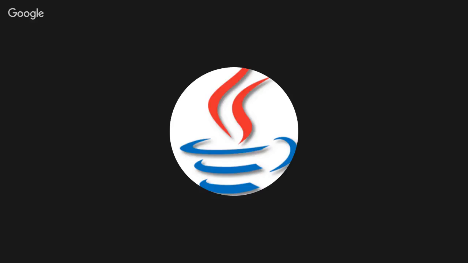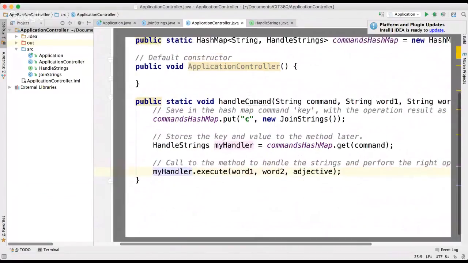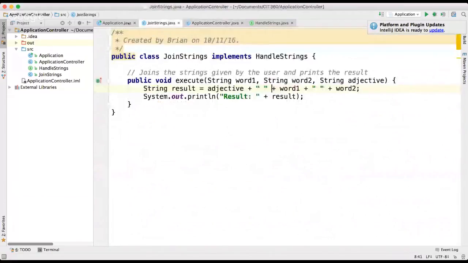So here I have my handler, which is a local variable, where I will get whatever the user enters. Here I have the command, because that would be whatever is inside the hash map, and I want to get that key and value. Then here I call my handler and the execute method and pass the three strings, and that's pretty much it. When you run it,